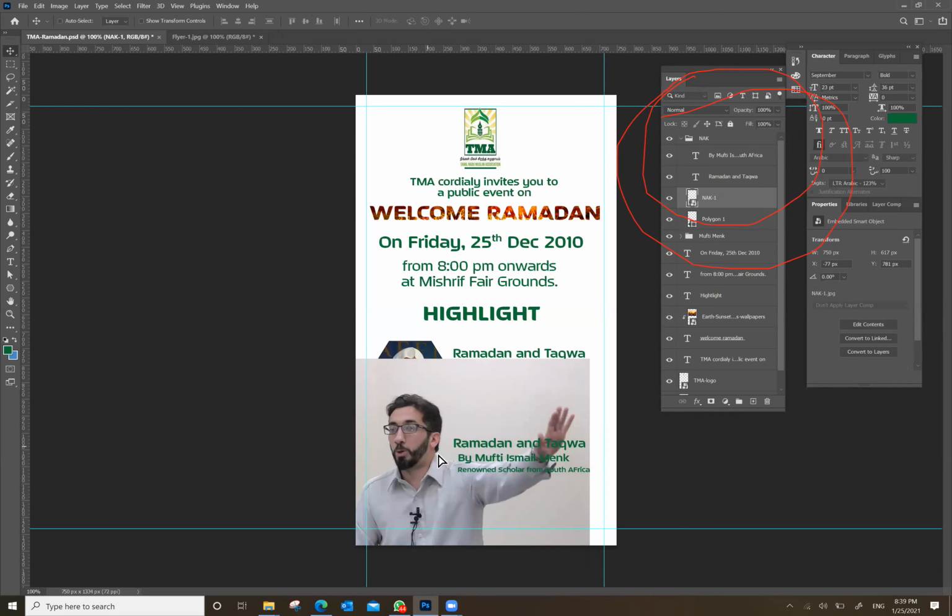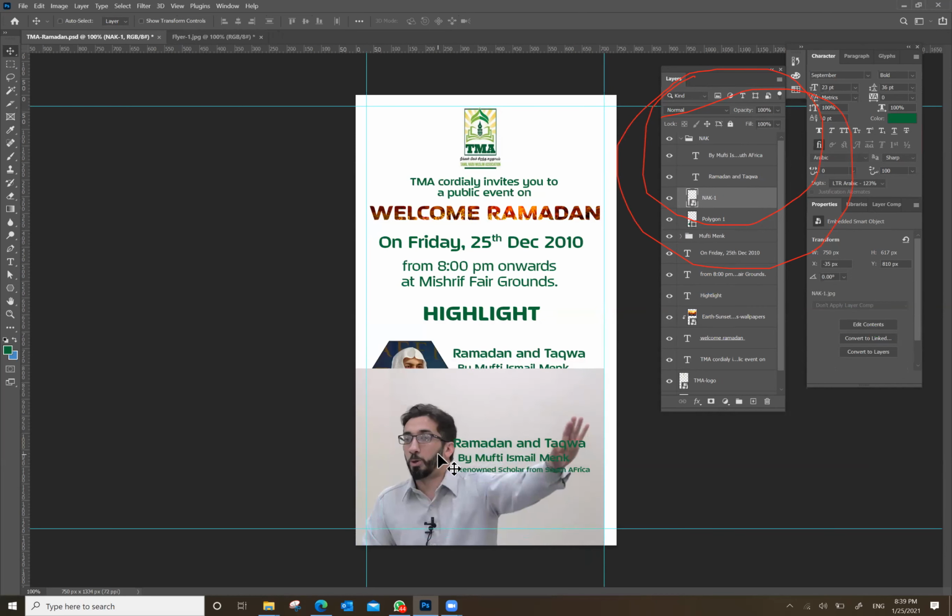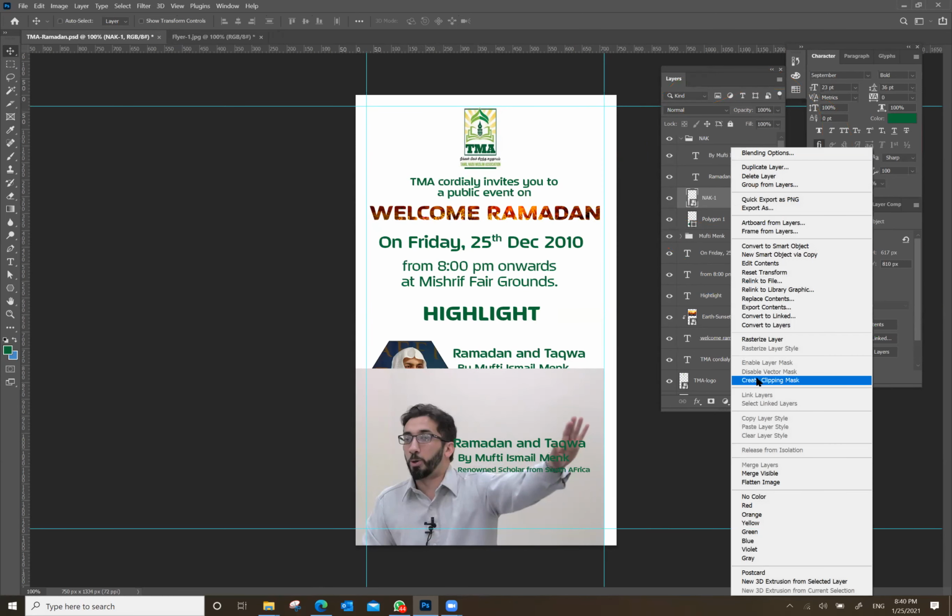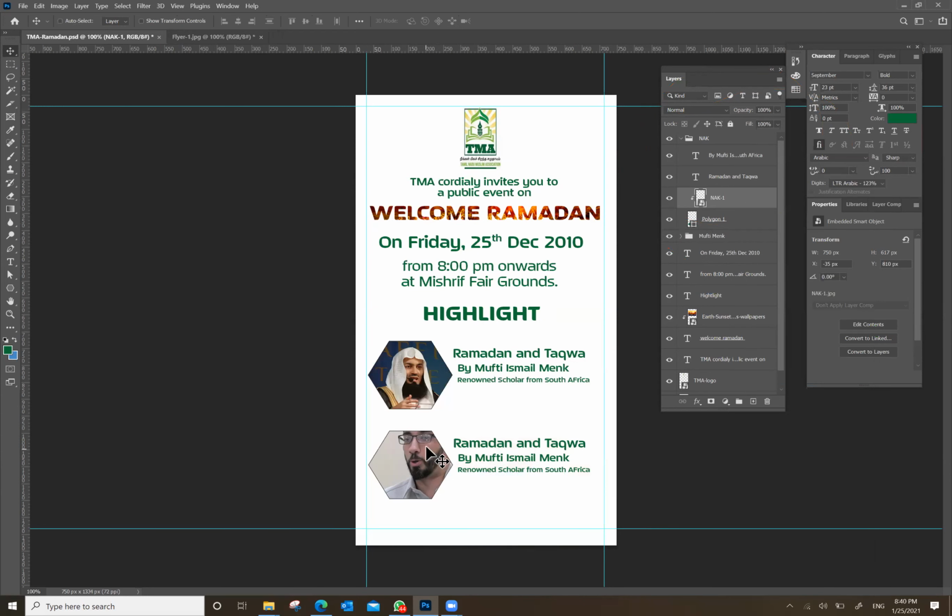If I want to send Numan Ali down inside the box, how can I do it? Tell me the steps. Clicking mouse. Where should I go? Right click and clipping mouse. Okay, where can I right click? On top of this layer, top right of the layer, the same. Create clipping mask. So the Numan Ali Khan picture went inside.